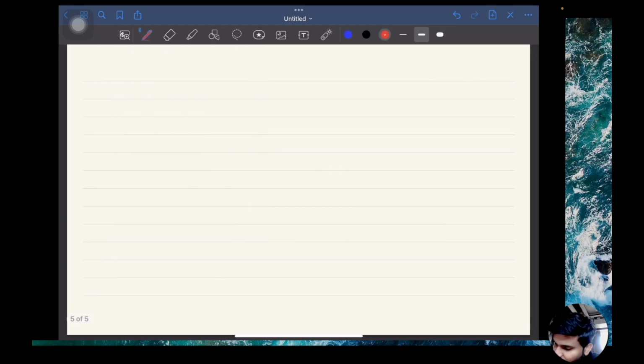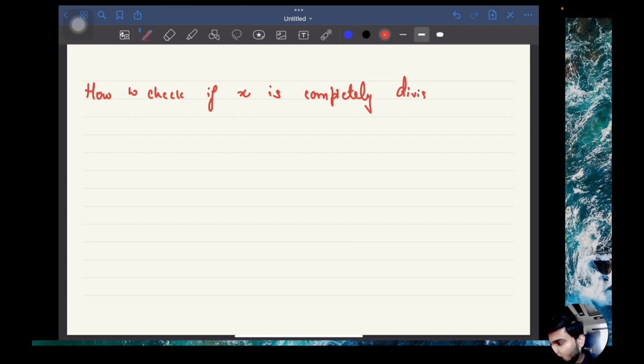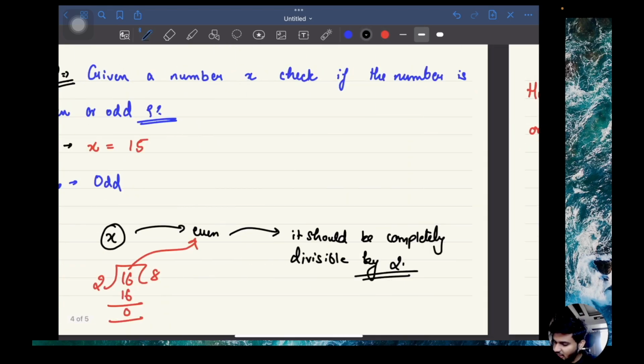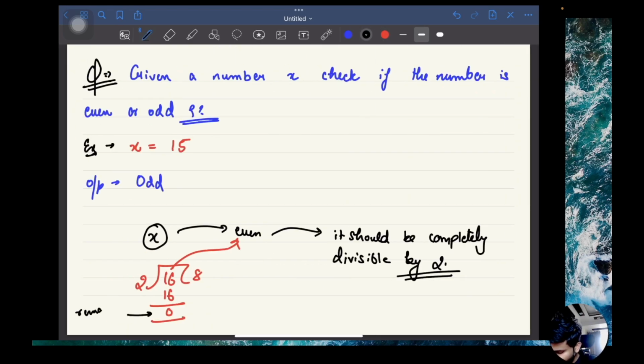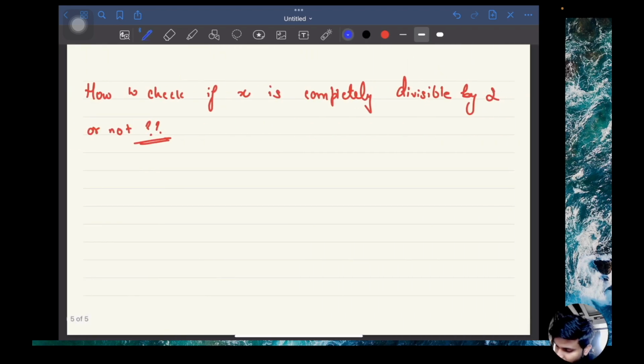So the question boils down to how to check if x is completely divisible by 2 or not. How to check if x is completely divisible by 2 or not. Now divisibility can be checked based on remainder. Divisibility can be checked based on remainder, that if we divide x with 2